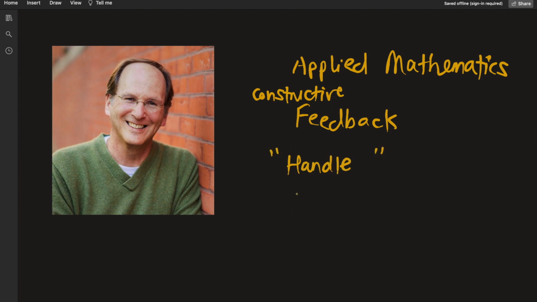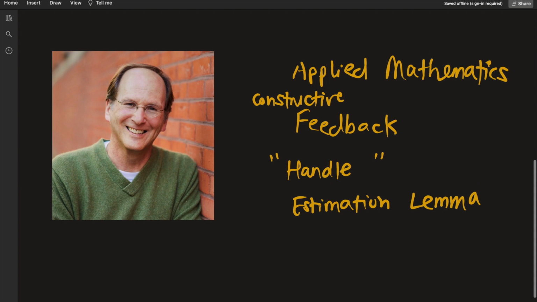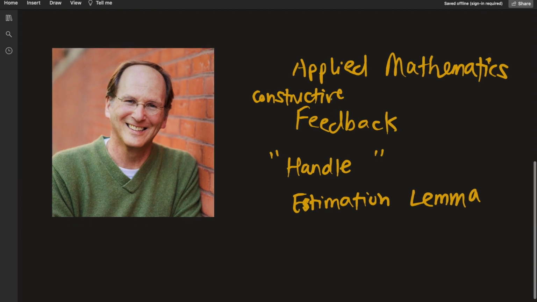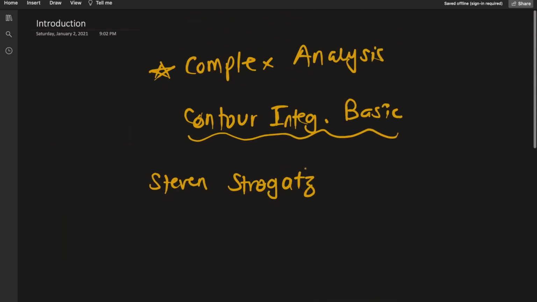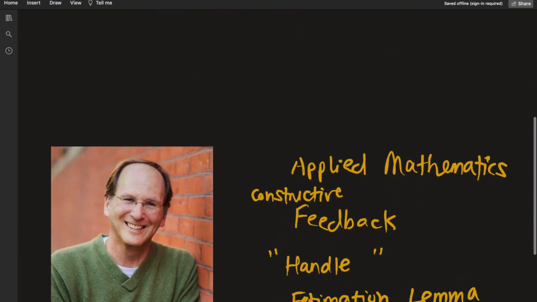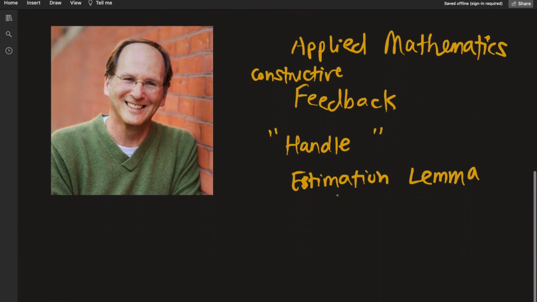So he had some things to say about the way I handle my estimation lemmas, basically when I'm trying to show that the function integrated on the semicircular arc goes to 0. Apparently I made some conceptual errors in that case. So that's why this video is sort of a rectification video for all the wrongs I've done in the past, when situations like this arose.